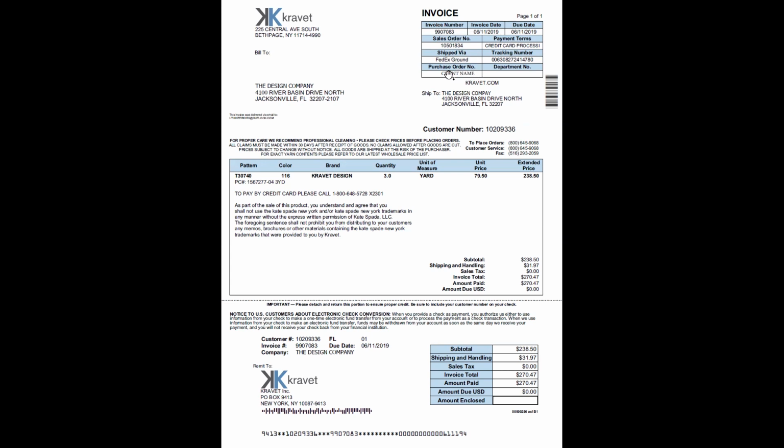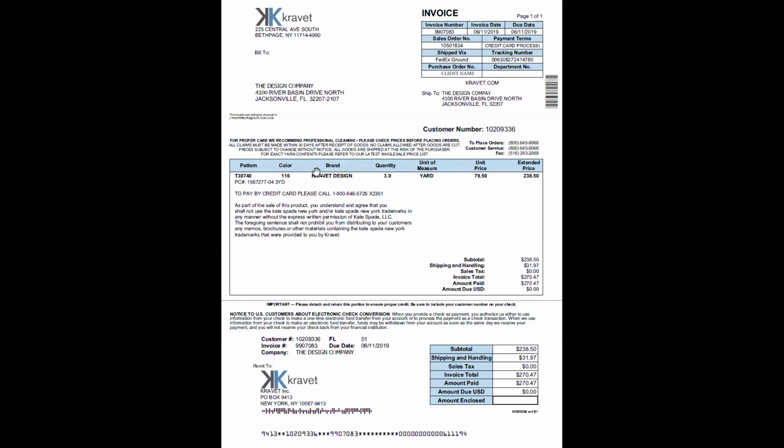Now remember the purchase order number, this could be the client name. It could be that number that we saw in the upper right-hand corner of the purchase order. It may have the side mark here. There could be several ways that this information is put in the purchase order, along with the tracking number and how the product was paid for. And this is really the document that the designer uses to make sure that Kravet, or the manufacturer in general, got the order right, knows what they need to send, and that it's going to be on its way.